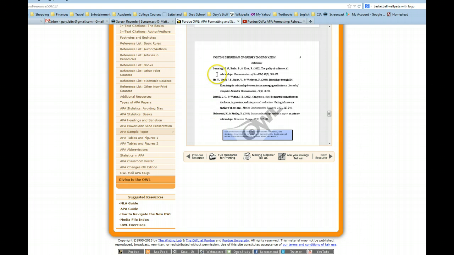Can't read it very good, but that's what these little, they're kind of opposite of indents. This is an indent and this isn't, but each of these is a separate source, and that's what you're going to be doing. You're going to be learning how to write your bibliography page. Okay, in order to do that, while you're reading